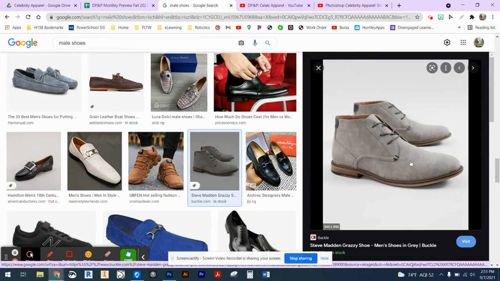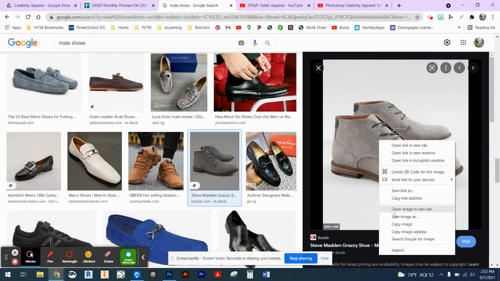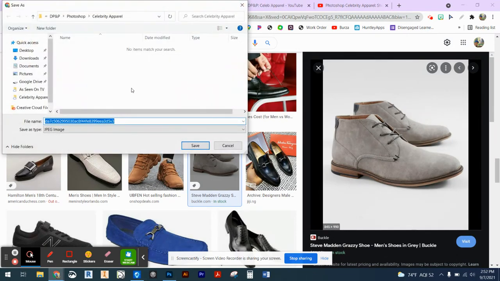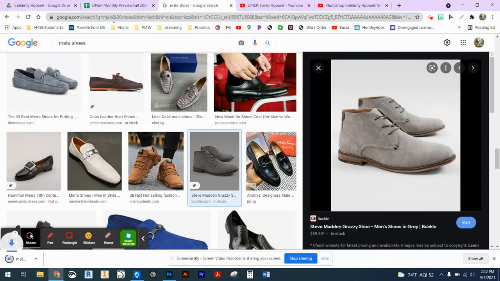We'll do these. Okay, so it has a nice side profile. It has a clean, well-lit background. There's a little bit of a shadow here that I'll need to kind of clean up, but this image will go ahead and work. So for time's sake, I'm just going to go ahead and right-click, save my image as. And what we need to go ahead and do is save it to your Google Drive folder. I'm already in my celebrity apparel folder. I'm just going to call this one male shoes, or male shoe, I guess I could call it,